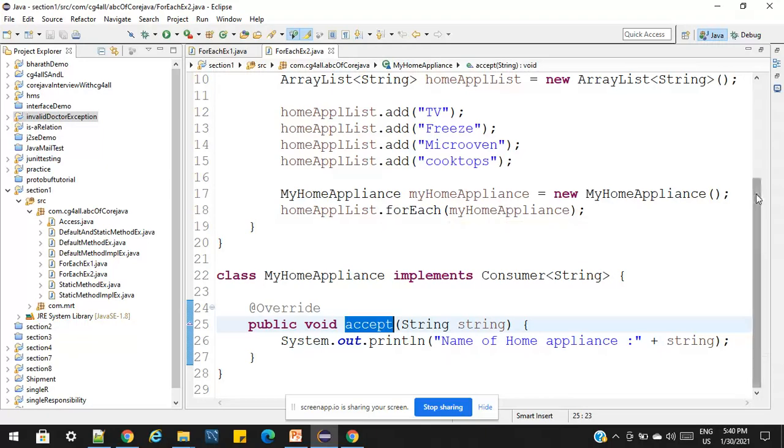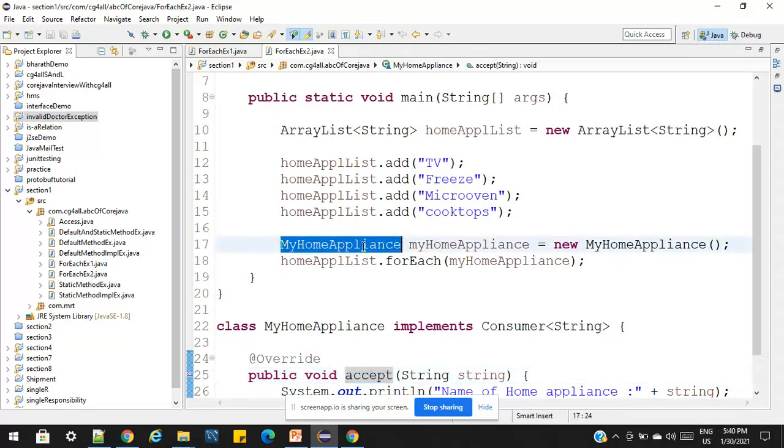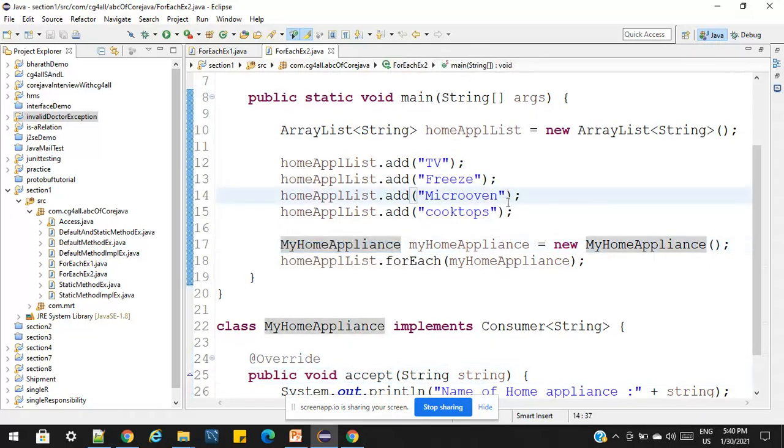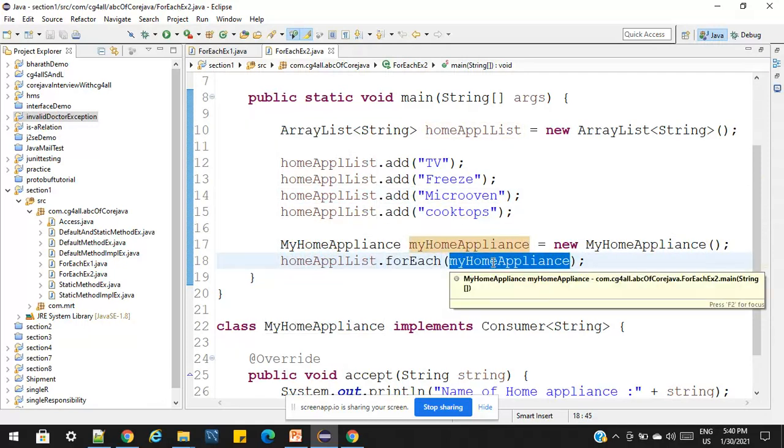So we have the list, and I am creating an object of the HomeAppliance class. Then with the list.forEach method, we pass this HomeAppliance object. In HomeAppliance we have already implemented the Consumer interface, and the Consumer interface has the accept method, so we can print from it. Both are in different classes. We are not bothered about what business logic we have or how it is put into the list iteration part. This is the best practice, please use it.